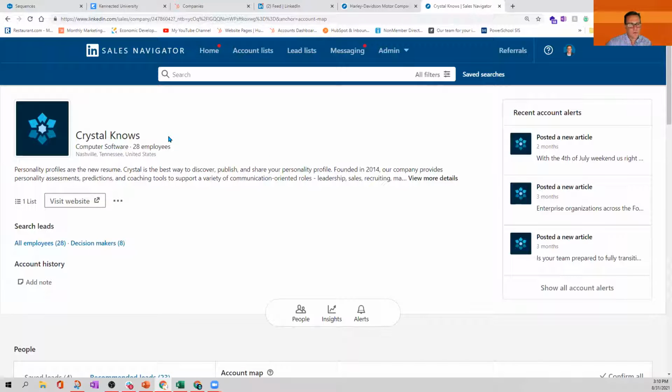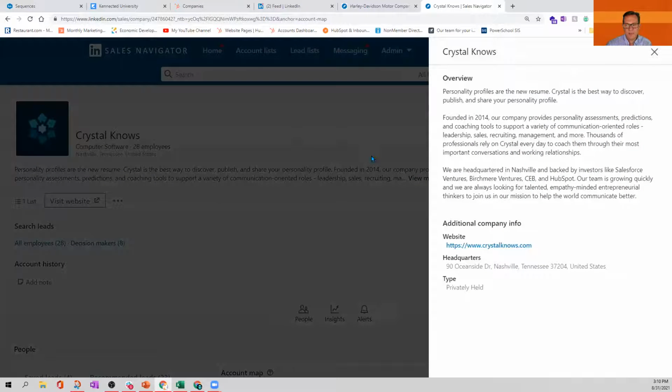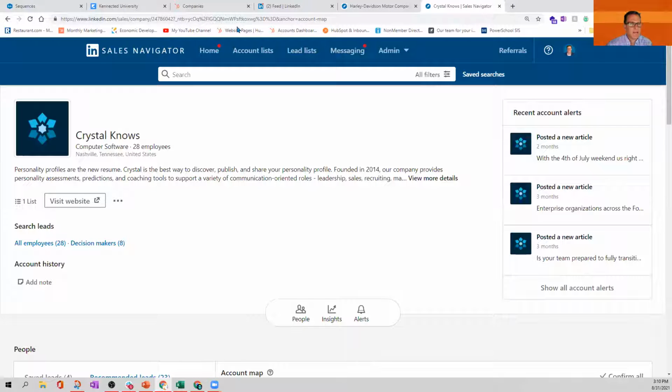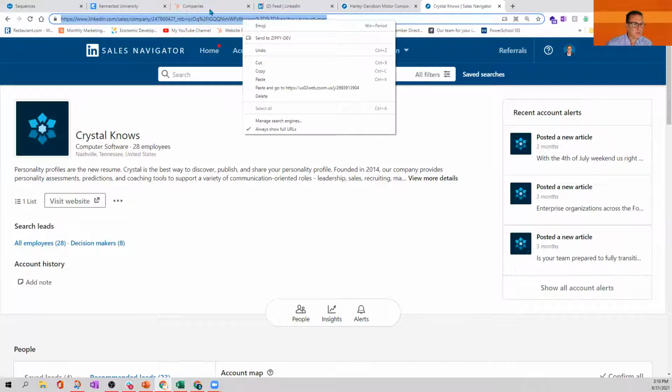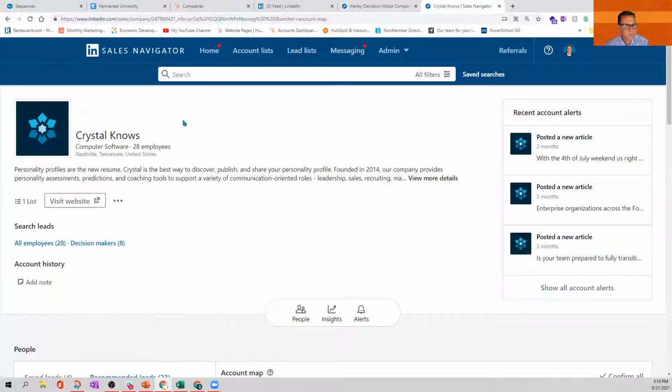Now for Crystal Knows, we're going to also be able to see how you go back and forth between LinkedIn and Sales Navigator. There's how we view them on LinkedIn. Or maybe I want to view more details. So there's quite a bit of information that's made available to us here. Now, if you're using a CRM, you can take this URL right here and copy that, and it'll drop it into a custom field, perhaps that you've created in your CRM. So in this case,